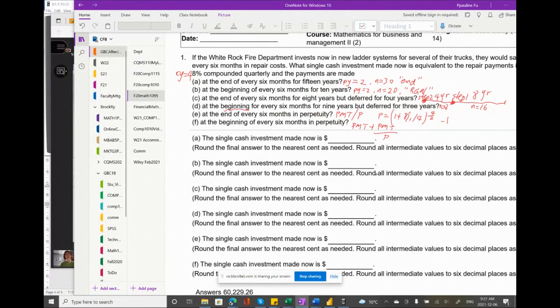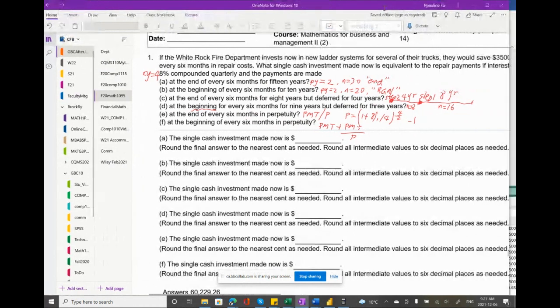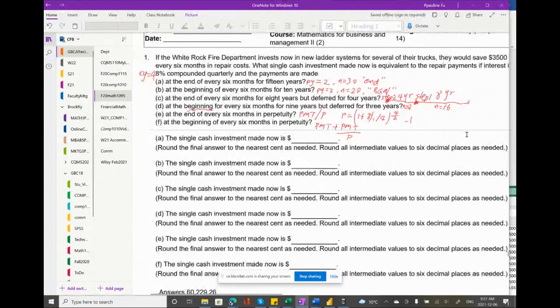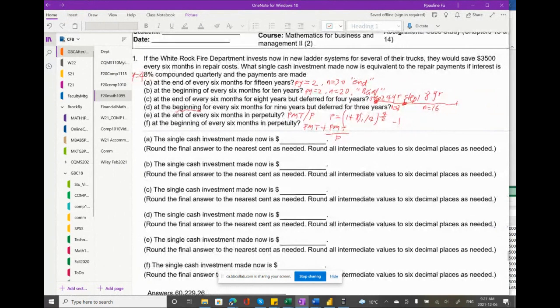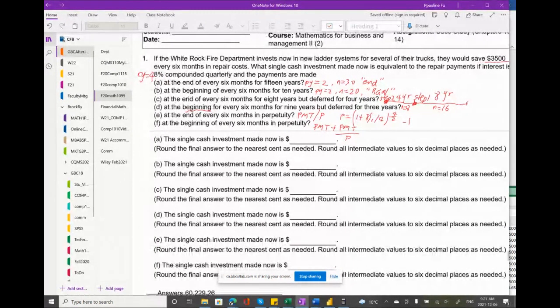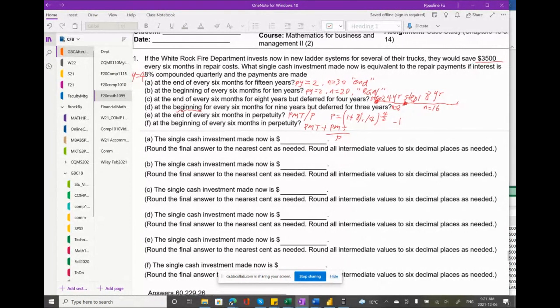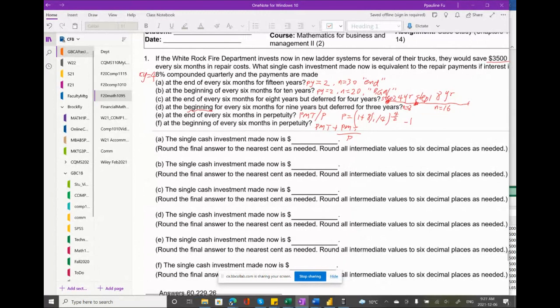If the White Rock Fire Department invests now in a new ladder system for several of their trucks, that would save $35,000 every 6 months in repair cost. What single cash investment made now is equivalent to the repair payments if interest is 8% compounded